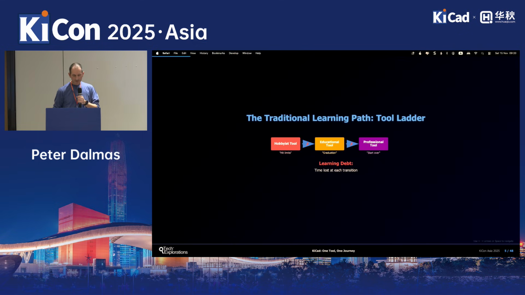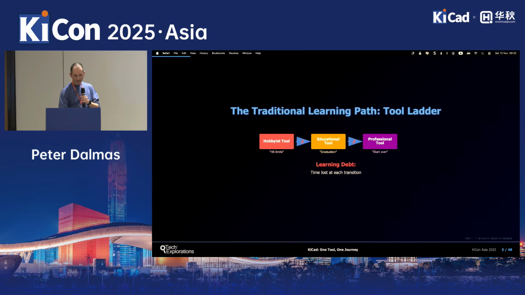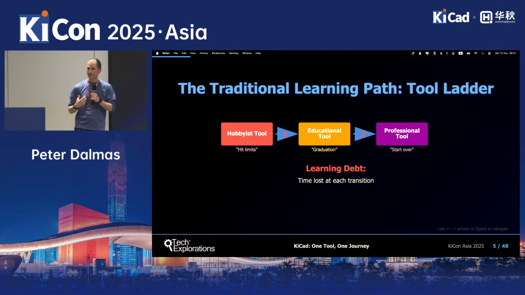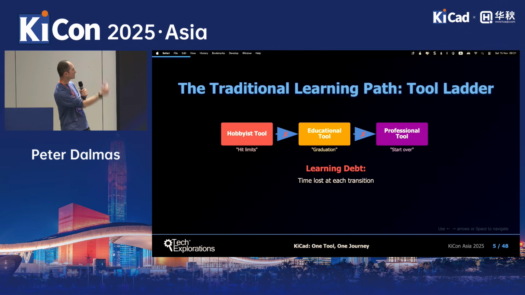Traditionally, and I'm going to zoom in here so you can take a better look at this, this is what we go through. I actually witnessed that in my own university journey. So we start as a hobbyist with whatever free and simple, colorful tool we can find, with as few options and buttons as possible. Kind of like the Arduino IDE before it became a little more professional, like the original versions. Very simple. Or like Fritzing, for example, for schematic design. Then you go to university.